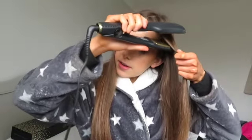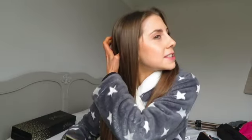These are a life changer. They are the GHD V Gold ones, and I got them 4 years ago, can't really remember how, it was quite a while ago, and I remember them being the best present in the world, because GHD is obviously such a famous brand, and at the time I was like, this is such an expensive gift, and I remember being really scared using it for the first time, but honestly these are life changing, and I definitely notice a difference in